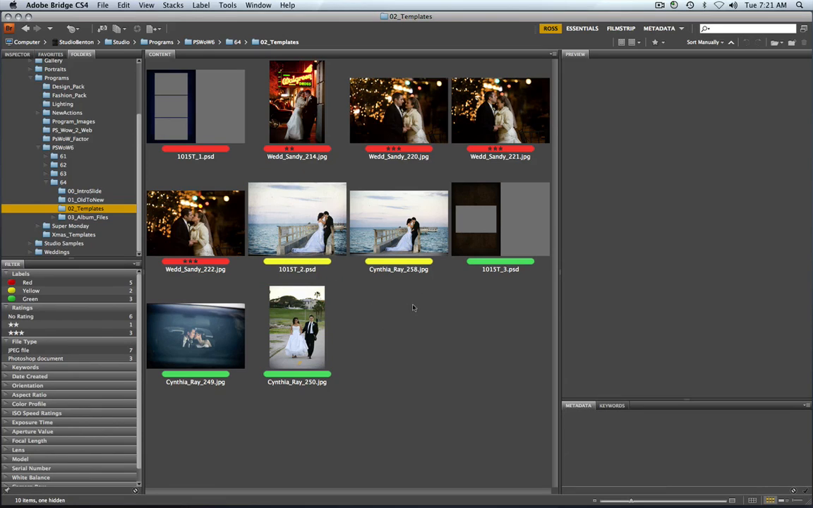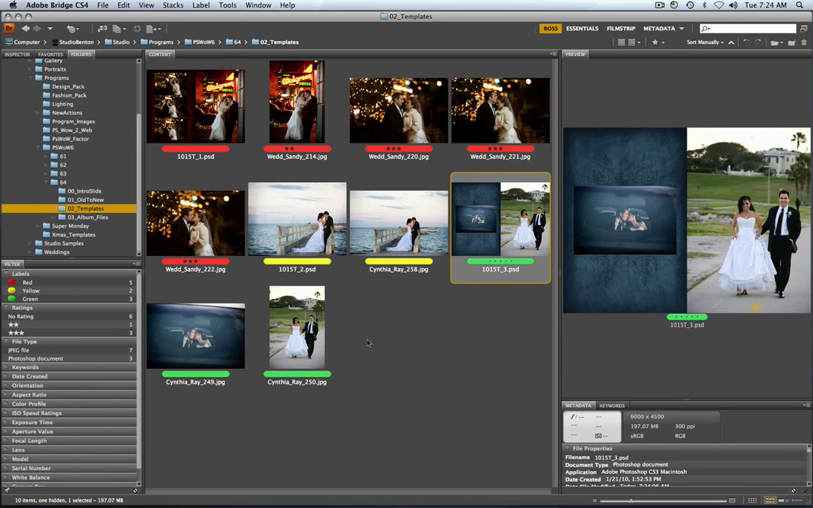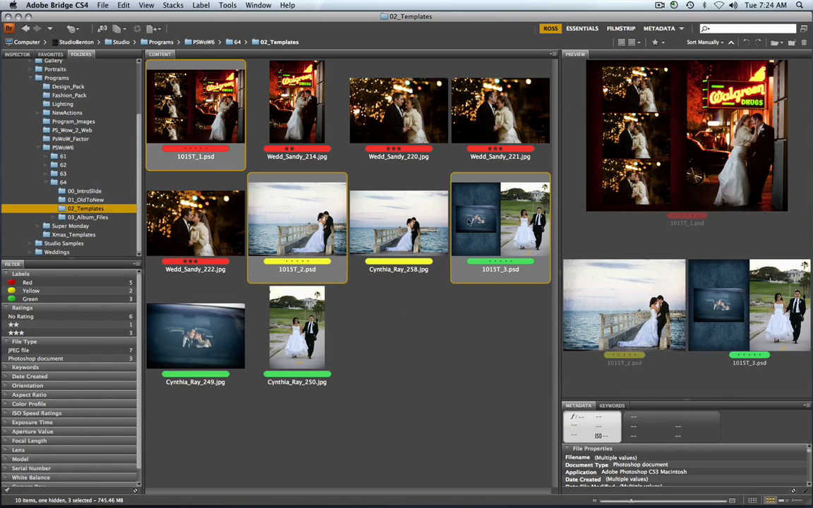Okay, so I'm going to fill these in real quick for us. Okay, so now I've got my 3 templates here filled in for us. Now what I would do before I copy these templates over into a PSD folder for just my overall album layout, I'd grab all my templates,